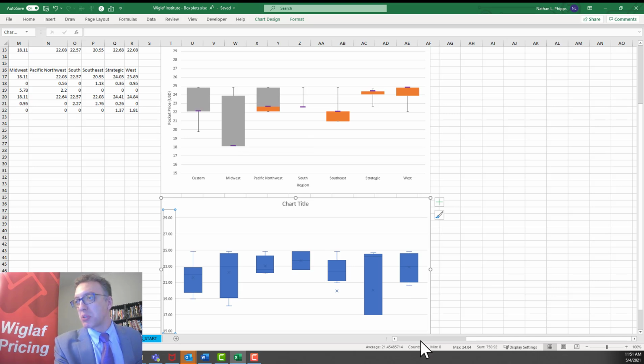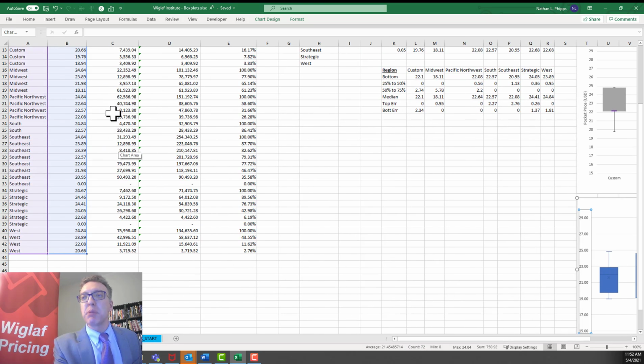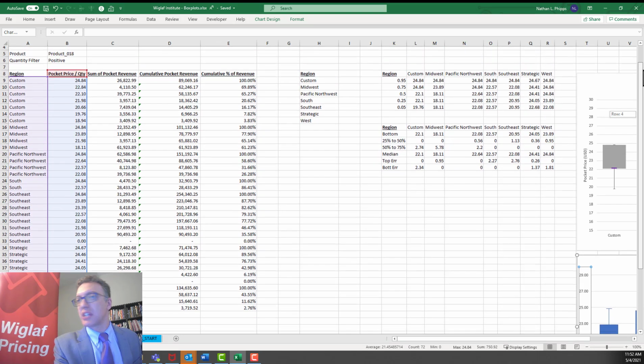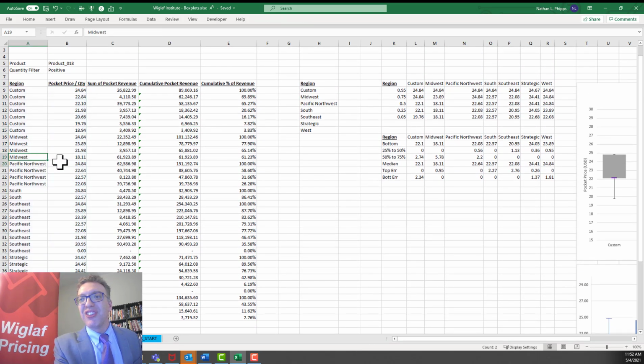And for the Midwest specifically, you can see that the median pocket revenue for our calculations right here is just right above $18,